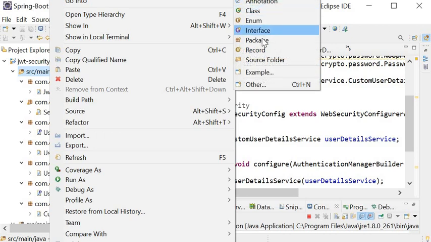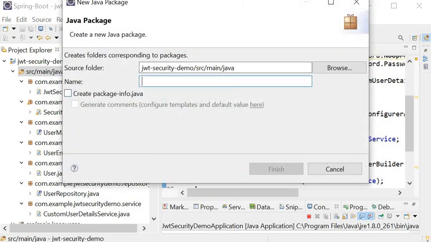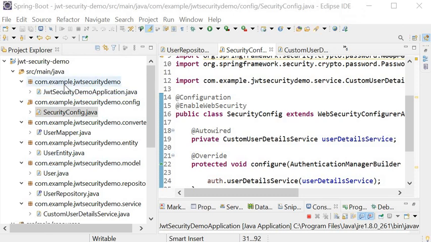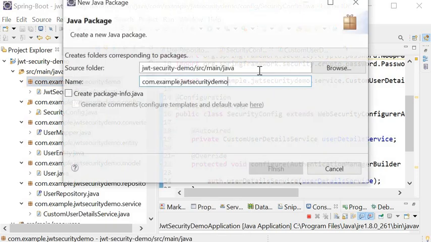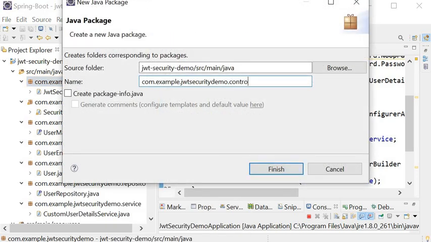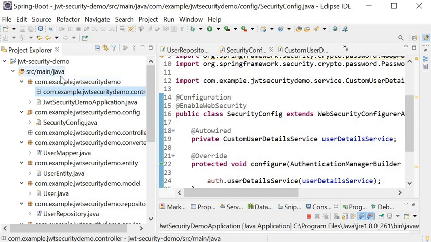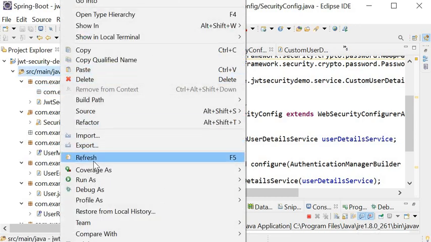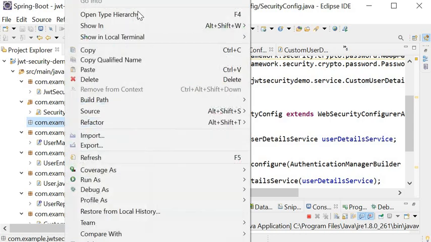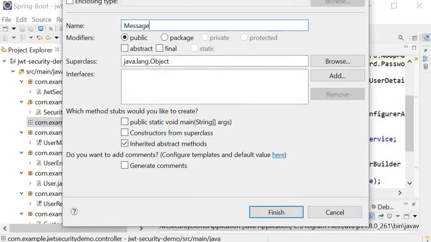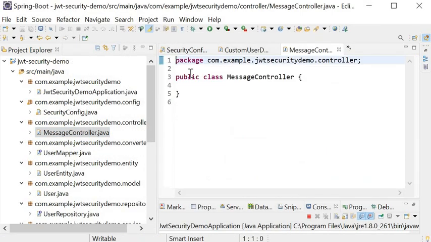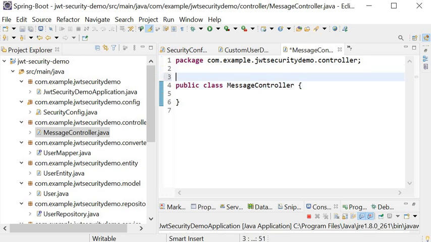Now I will create a new package, and in this package I will create one class, that is MessageController, and at class level I will use the annotation @RestController.